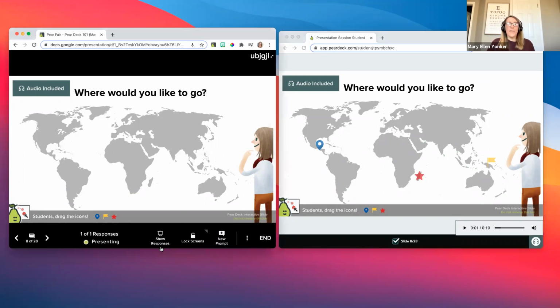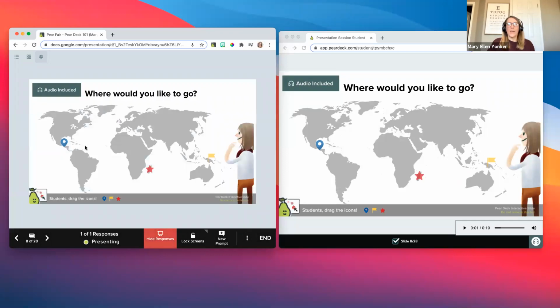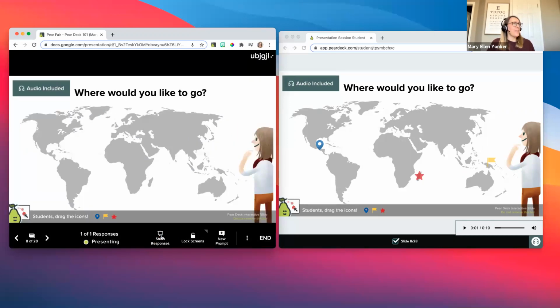Then I also have the ability to show my students' responses. So on my projector screen, I have just the question, no responses. But when I'm ready to show responses, I can share the students' work with the class. I can hide the responses. And I also have the ability to lock students' screens.